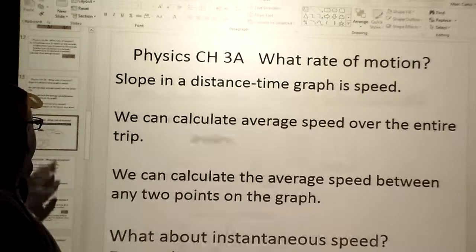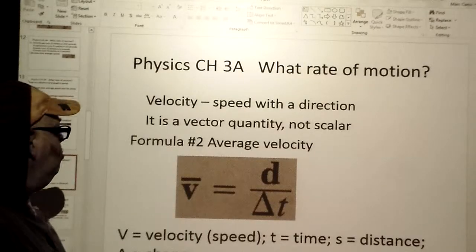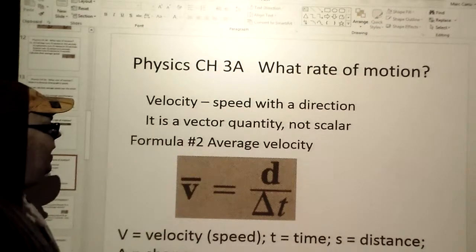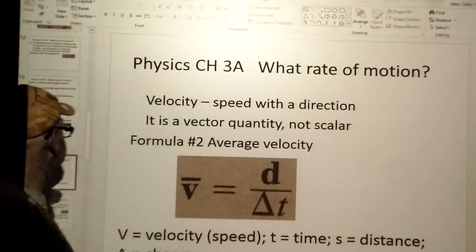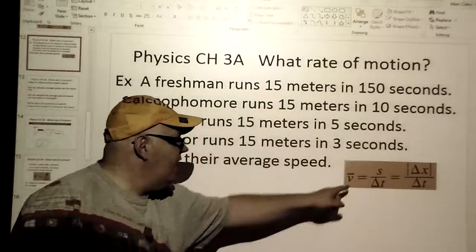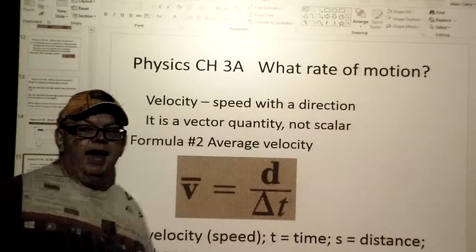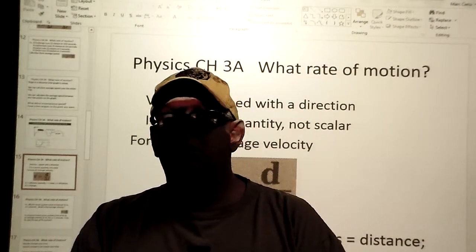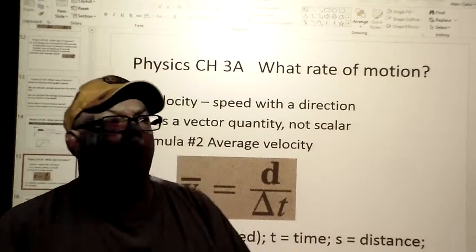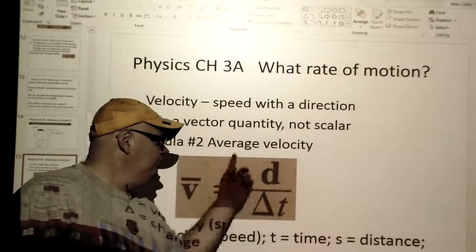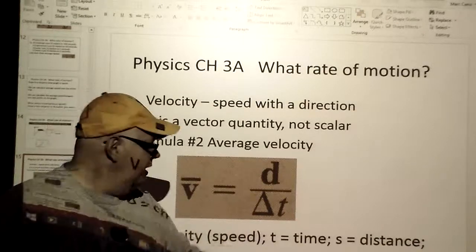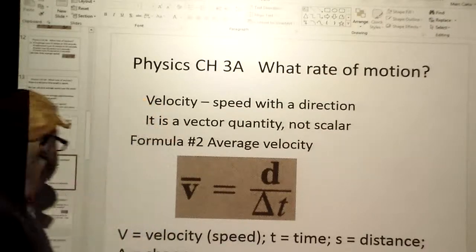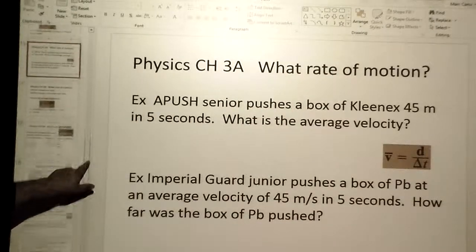We're not going to worry about instantaneous speed. Do not worry about this. So here we go. Here's our formula number 2, looking at our average velocity. Again, distance divided by time. You'd say, but what's the difference between that and that? Not really a lot of difference. You could sit there and look at position and displacement, okay? I would look upon that like distance. Even though I say S is distance, the D here, you could look at that as distance, the overall displacement. Okay, so we went through some examples for that.